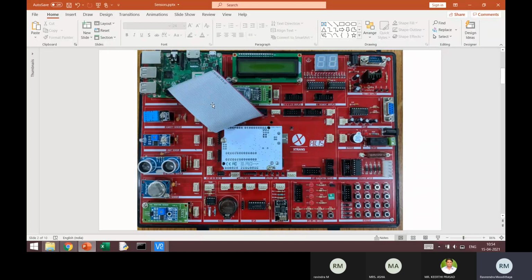So for that purpose, I may be beating more around this device, that is the humidity and temperature sensor, and the same concept can be extended to other sensors like this distance sensor or gas sensor or soil moisture sensor, and so on. Okay. So given the idea for one sensor, that can be extended to any other sensor. Okay. So maybe in today's class and next class, we'll be beating around a few other things because we need to know what are the things that you can do with these 4 keys here.